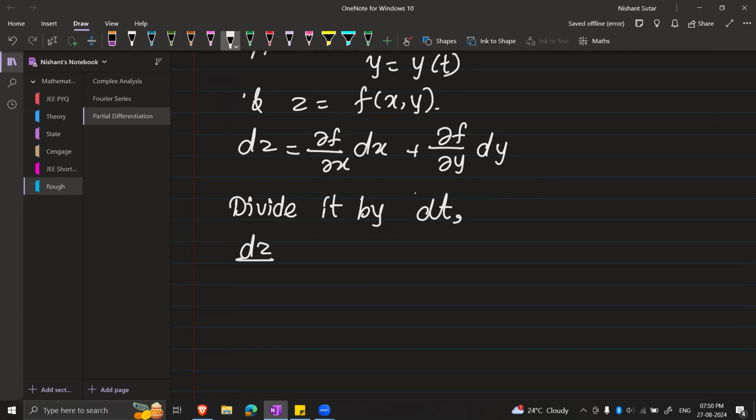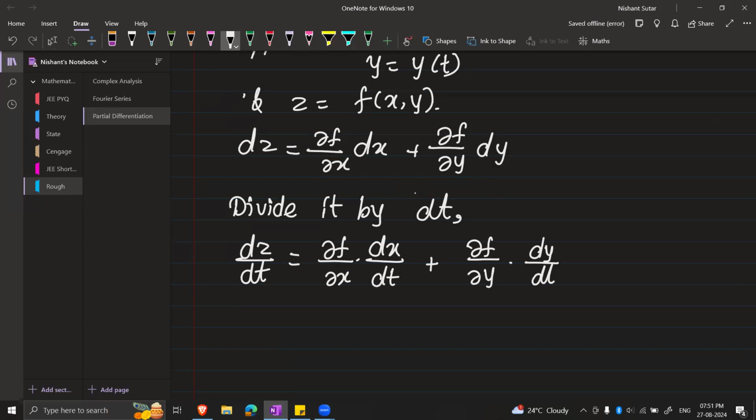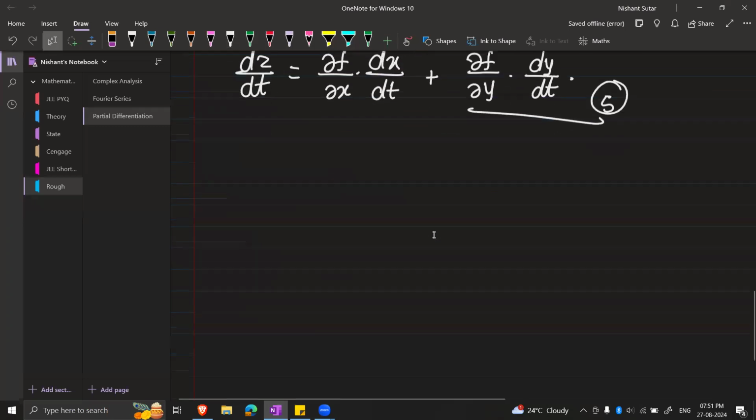I will get dz by dt equal to del f by del x into dx by dt plus del f by del y into dy by dt. So this is the formula, equation number 5, to change variables from x, y to t. Now, what if